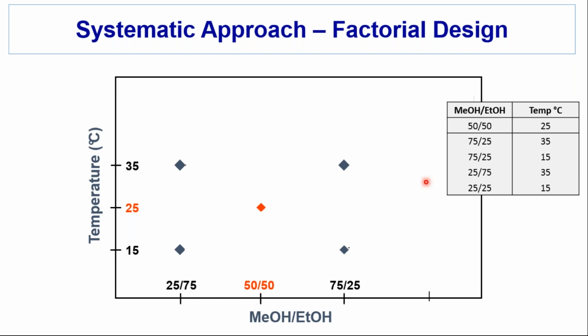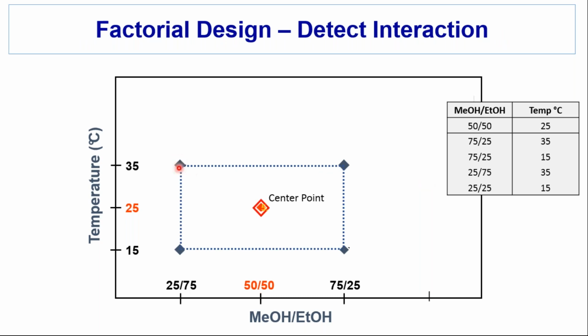But this is a factorial design, and sometimes I just draw this little box with the different parameter levels, and we have a center point. I like to do that just because this is often the starting point, and we make the box around that. This is 5 experiments for 2 levels. That's not too bad. And notice the parameters are easily changed, so we can do that in an overnight experiment or just set it up in the day and come back in a little bit and get your results. It doesn't require that you know what the results are before you do the next experiment. You just have the experiments already run. In fact, this is how you'd fill in a table.